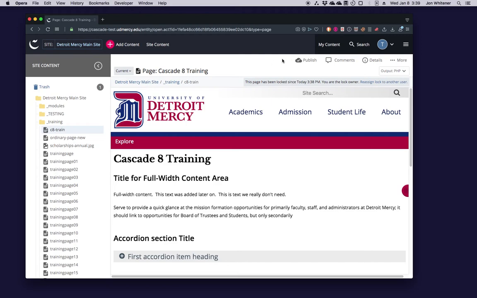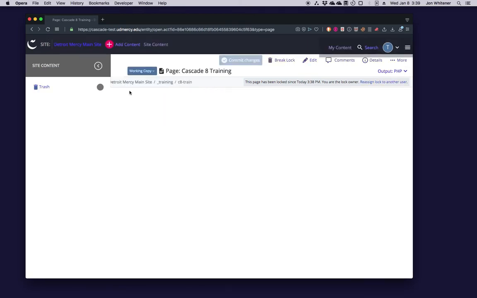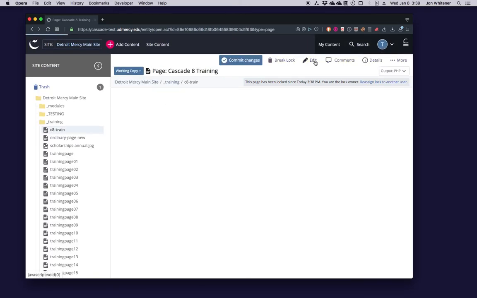So this is where I told you earlier that if you don't see an edit option, it could be that the page is locked, which you're shown right here. So you can switch over here with the drop down to the working copy, and then your edit option comes back up.